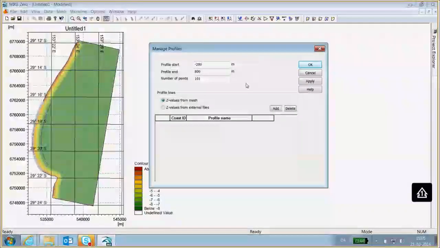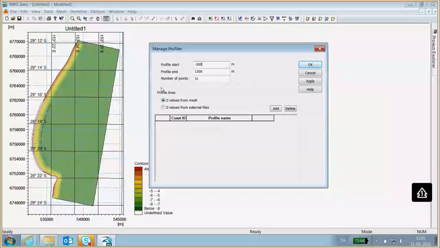Now the start of the profile is on the onshore. So negative values are onshore of the mean sea level. And positive values, so the end of the profile, is in the offshore end. That's out at the depth of closure or beyond the depth of closure. And you can see in the present case, I think this 800 meters for the offshore position is a little bit on the low side. So I'll change that to 1300, and then I don't need 100 points. I'm just going to use 31 points. That will give me a resolution of 50 meters, which should be okay.